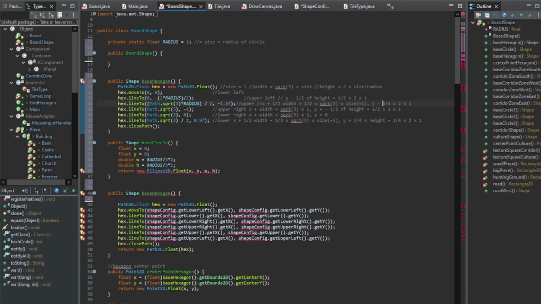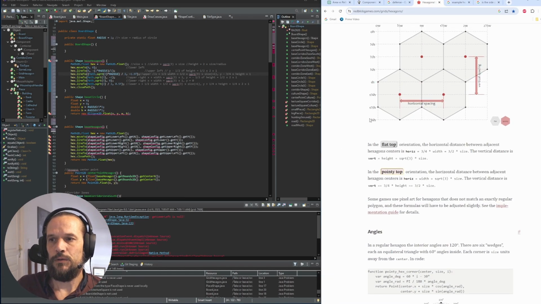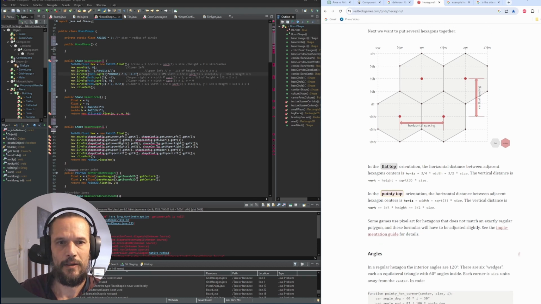It goes up 3/4 of the height. I didn't write it out here. Why is there a 2 in there? Height is 2 times size. It goes up 3/4 of the. Oh, God damn it. The upper. It goes 3/4 of the height